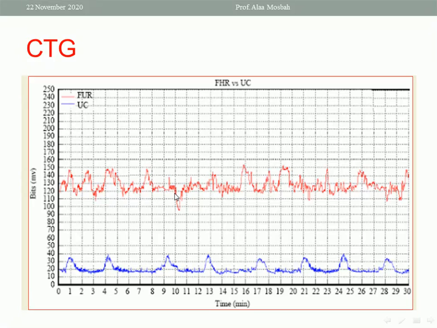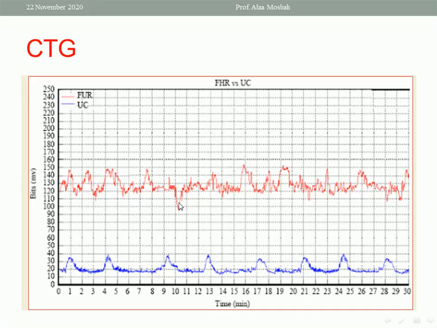And you may see a sudden drop of the fetal heart rate. We call it deceleration. What is the definition of deceleration? Drop of the fetal heart rate by 15 beats or more for more than 15 seconds. As you see here, there is a drop from the baseline, reaching down here more than 15 beats per